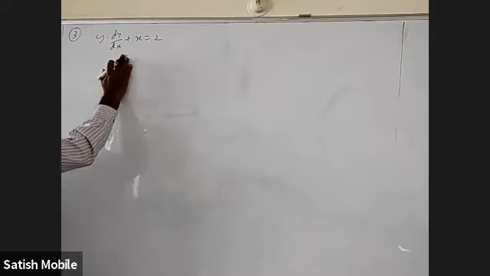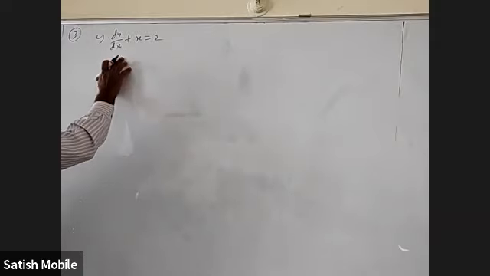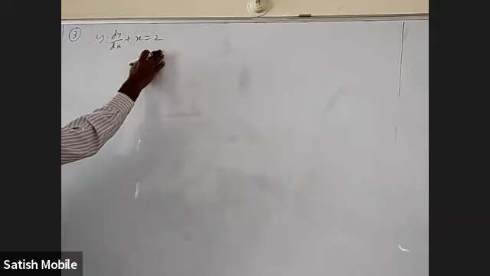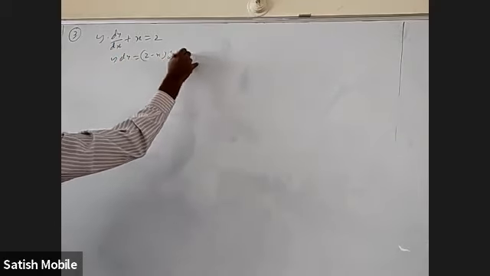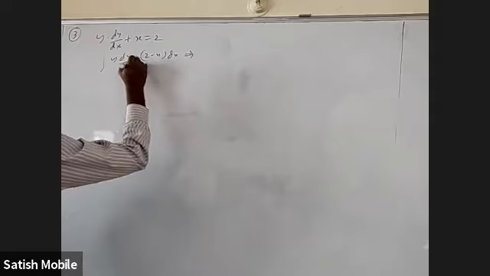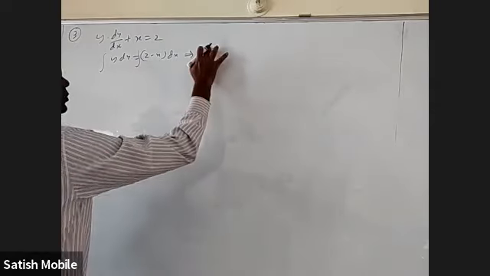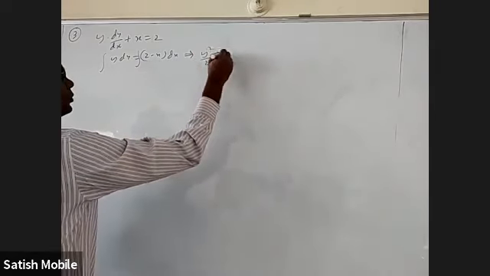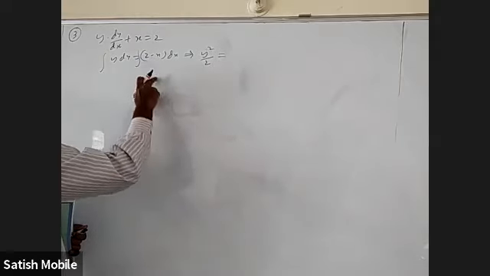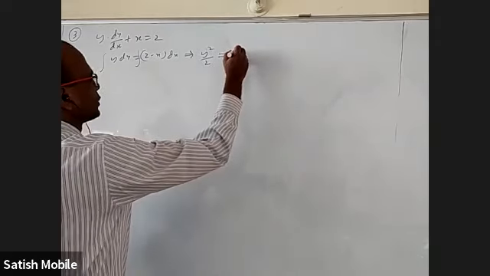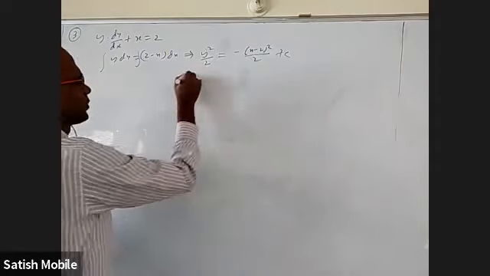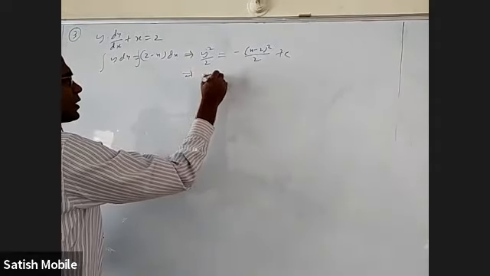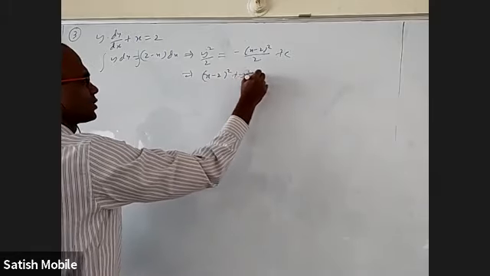And we're coming to this. I can directly do variable separable: y dy is equal to 2 minus x dx. When I integrate it, I get y square by 2. I can write this as a whole square, or integrate each one. If I write the whole square, it will be minus of (x minus 2) whole square by 2 plus c. If I bring this side, I'll get (x minus 2) whole square plus y square equal to c.